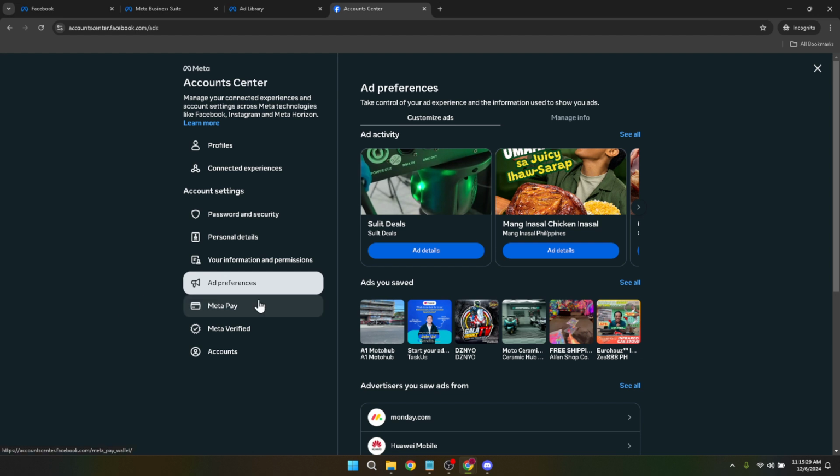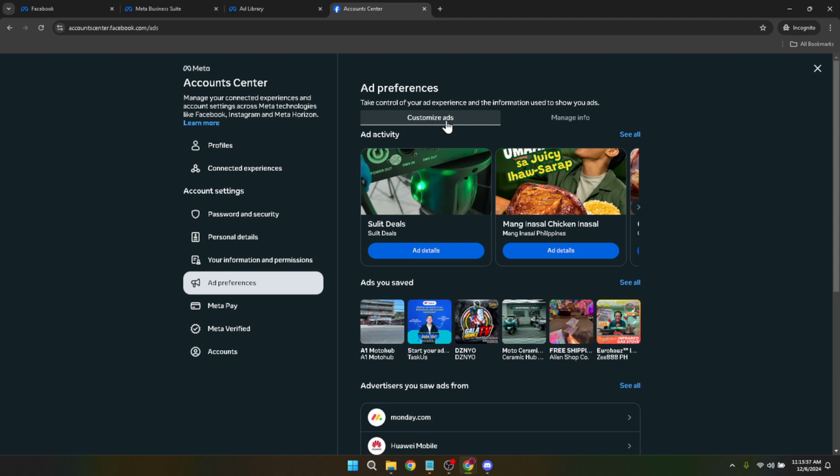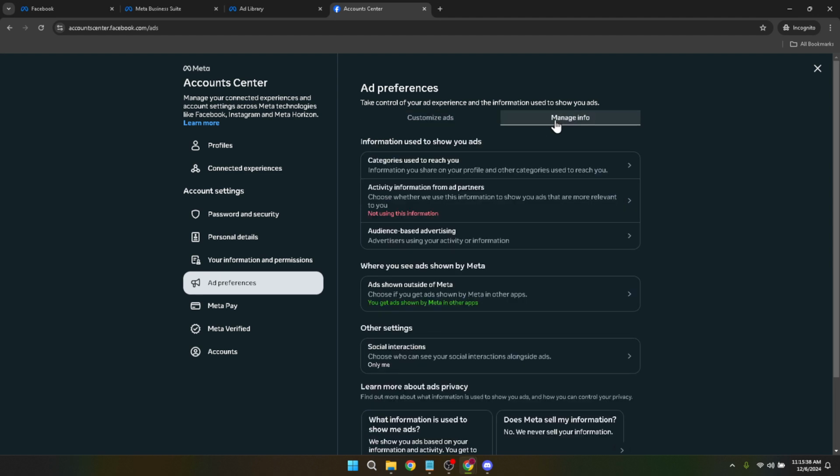After navigating to Ad Preferences, your next step is to select Manage your ad preferences. This section breaks down into various categories, including your interests, advertisers, and ad topics, among others. Now we've arrived at the crucial part. Here you can choose which ads you'd like to stop viewing.